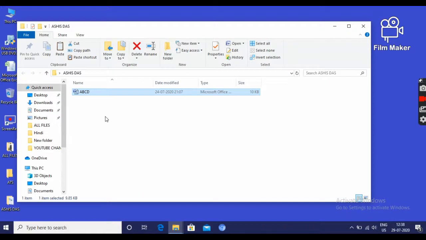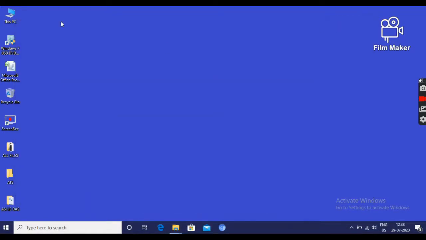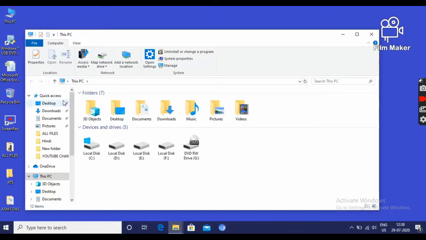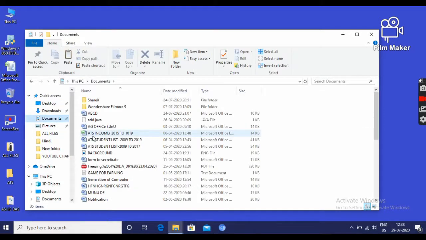How to store multiple documents at a time? Then we have to go to this PC, then documents, then press the control button and click multiple files.